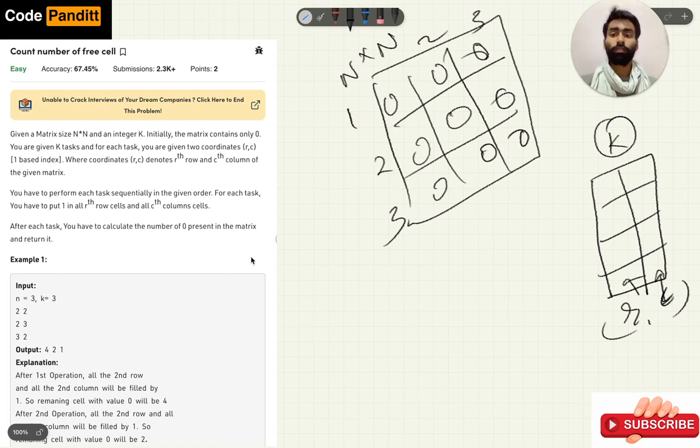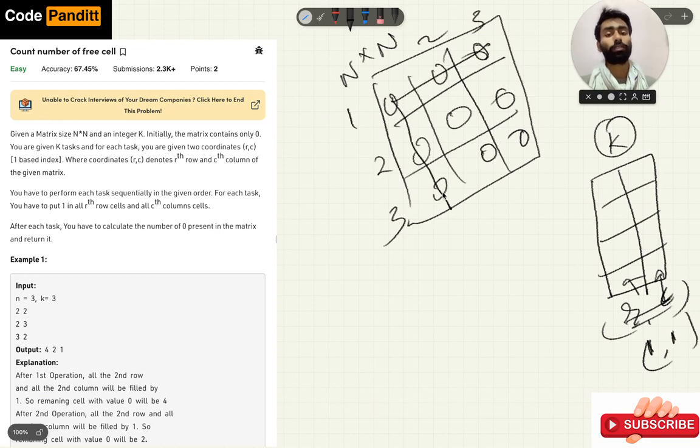The goal of each task is to fill 1 in every location in the rth row and the cth column. If, let's say, the coordinates are 1 comma 1, then we have to fill this entire row and column with 1, and we have to count the number of 0s left in the matrix and return it.